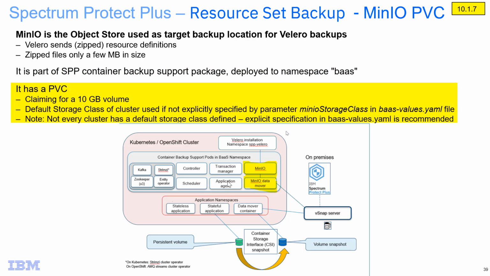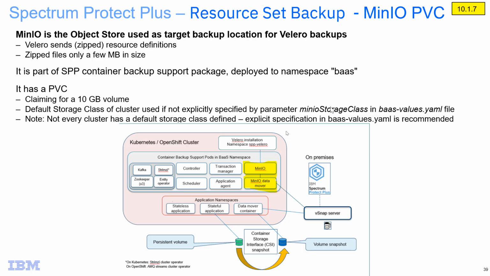It does have a PVC attached to it that is a 10 gigabyte volume. So the default storage class of the cluster is going to be used if you don't explicitly specify the parameter MinIO storage class in the BAS values YAML file. So not every cluster has a default storage class defined, so we really do suggest you explicitly specify it with